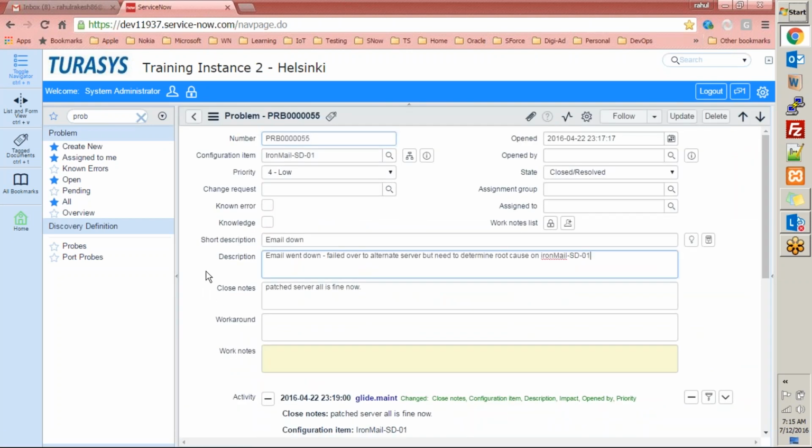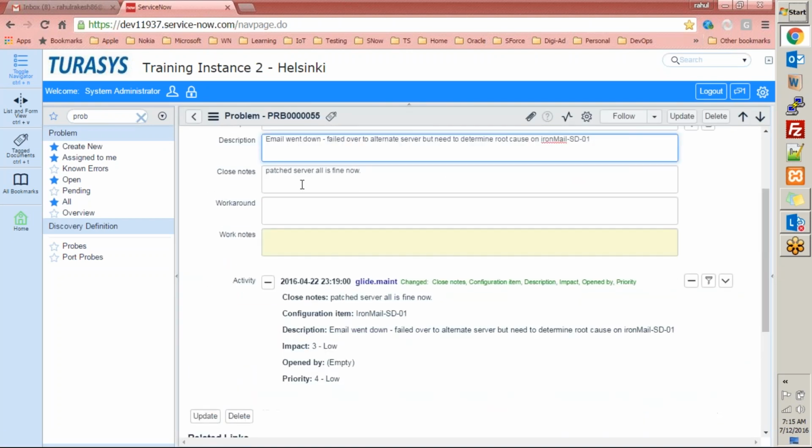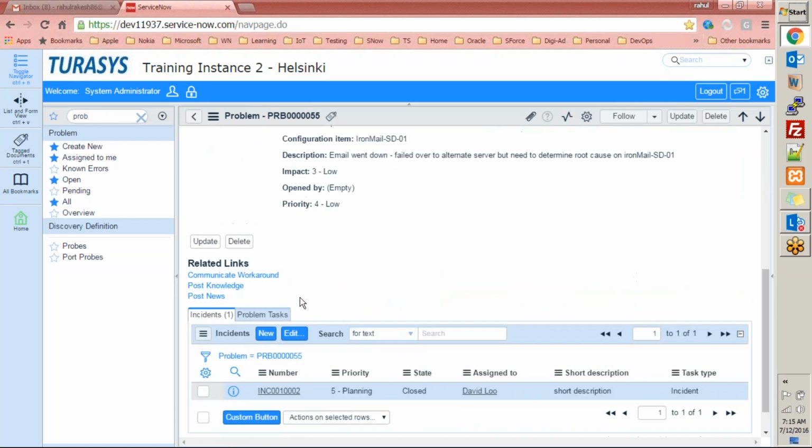Now again, when you are remediating the problem, when you are doing the permanent fix of the problem, then you must have a